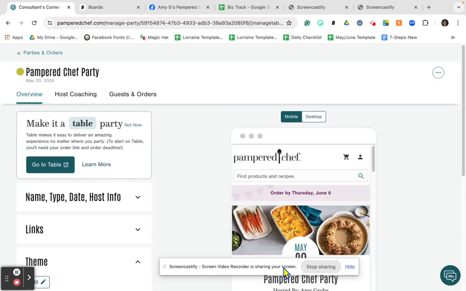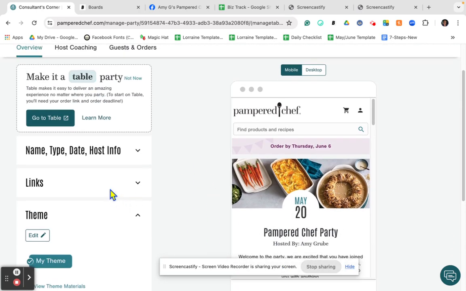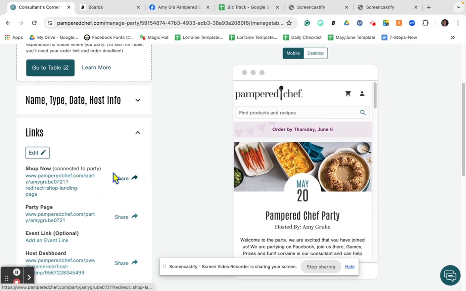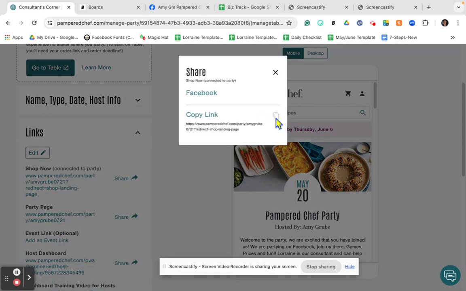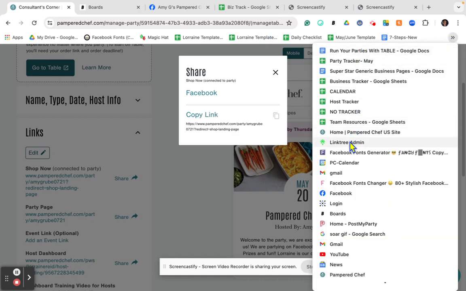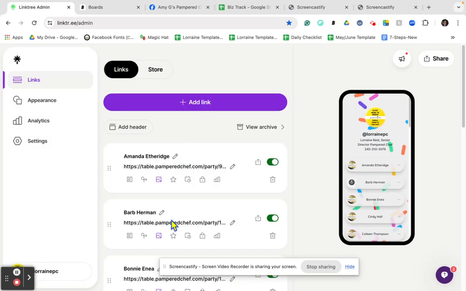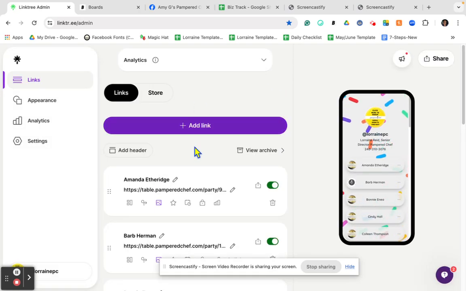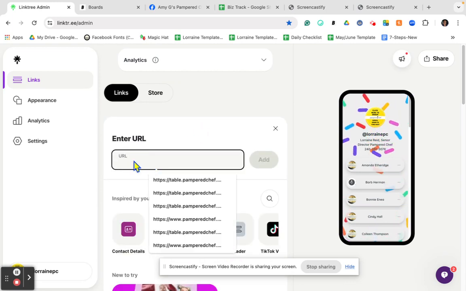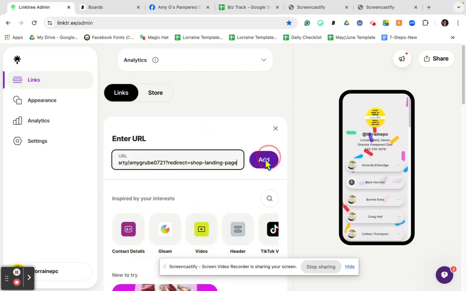And whenever you're setting up parties, search the party search box first, because sometimes they'll have parties that are open and we can stack onto those awards that they haven't redeemed. So we're going to go into links, and then we're going to click the Shop Now button, click Share, click Copy, and now I'm going to go into Linktree, and I'm going to add this link so they can shop. So I don't think, nope, I didn't add Amy. So we'll click Add Link, type in or paste in the link, click Add,